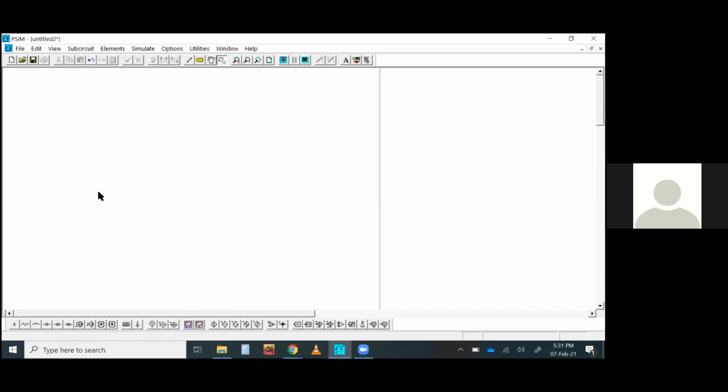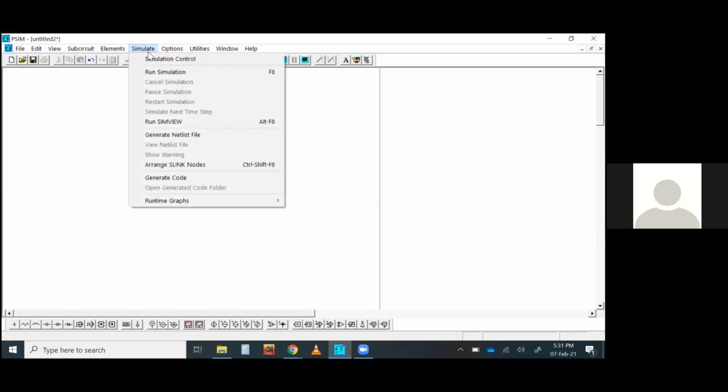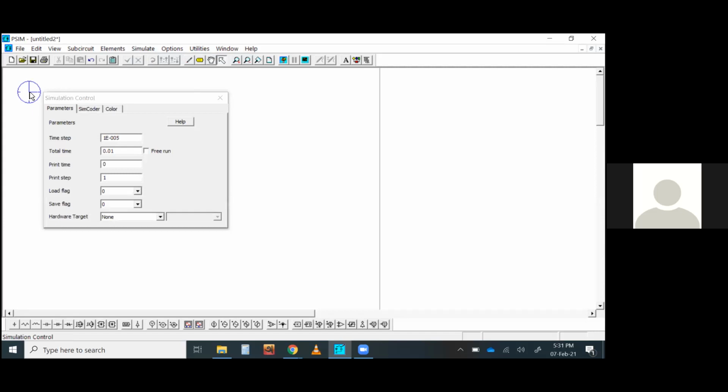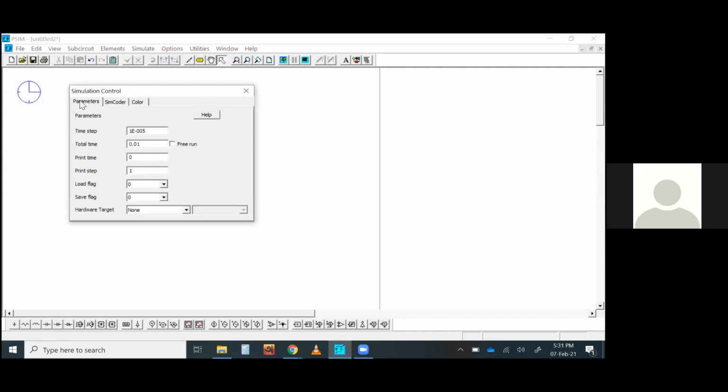Before starting a circuit, one thing you must remember is the simulation control. How you are going to run this simulation is defined by the simulation control. So in every simulation, don't forget to put this simulation control element here. Otherwise, the simulation will not run.